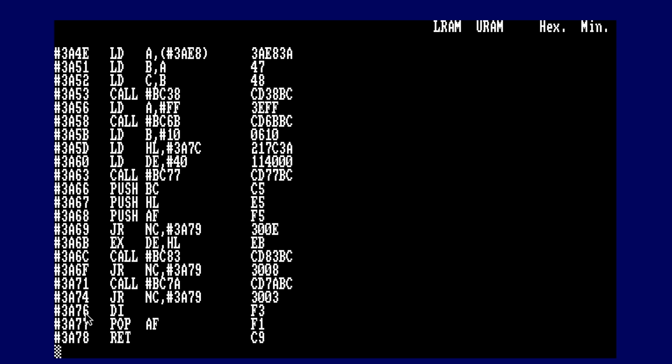at 3A76 with the instructions disable interrupts, pop accumulator and flags, and return, which gives us exactly 3 bytes that we need for a JP instruction, a C3, and then 2 bytes, the LSB and MSB, to where to jump and return control. So let's go back to BASIC, and as you can see here,